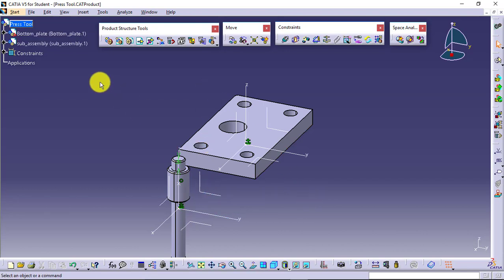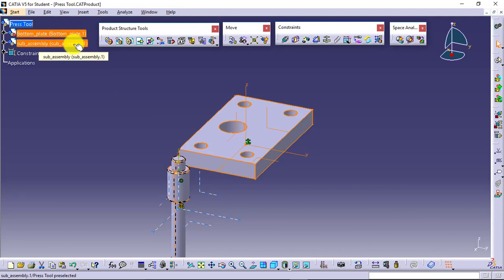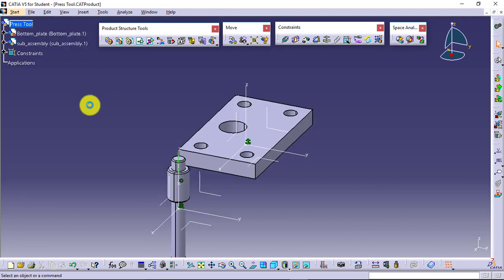So with bottom plate I will just align sub-assembly, but as I want that this particular rod should be inserted in these holes, and purposefully I have created these holes using pattern when I had created the bottom plate.